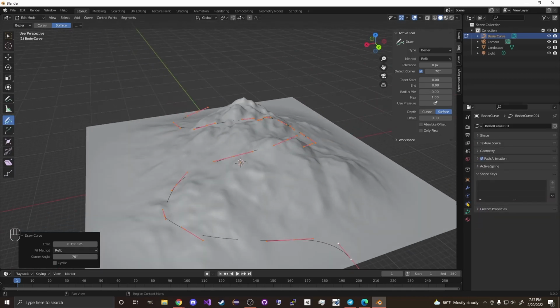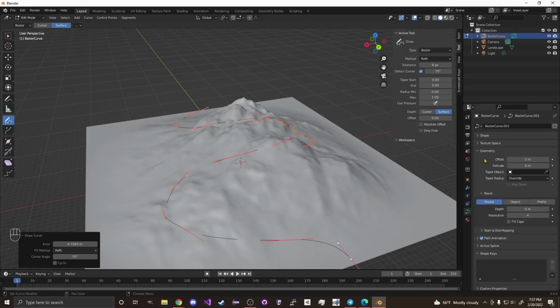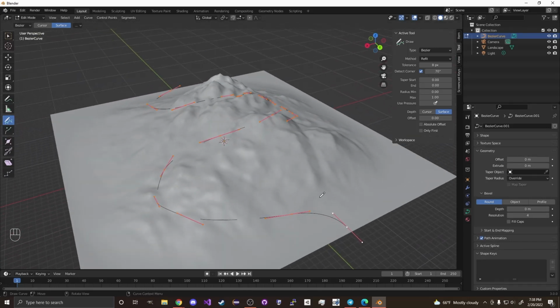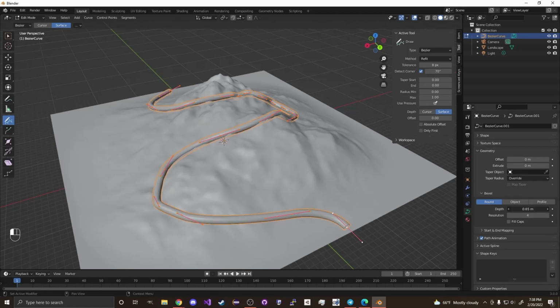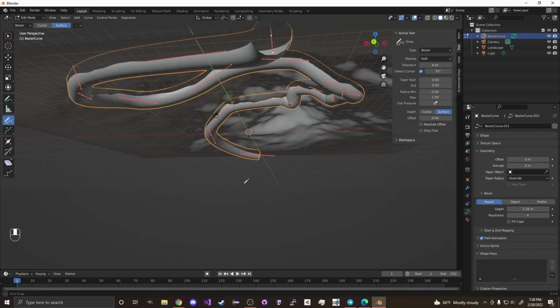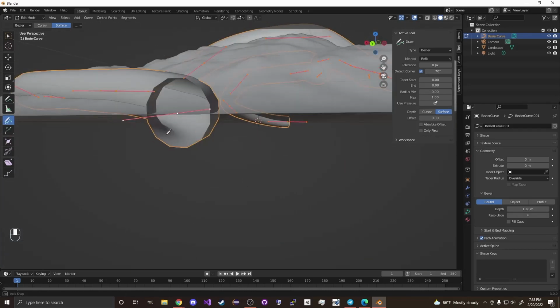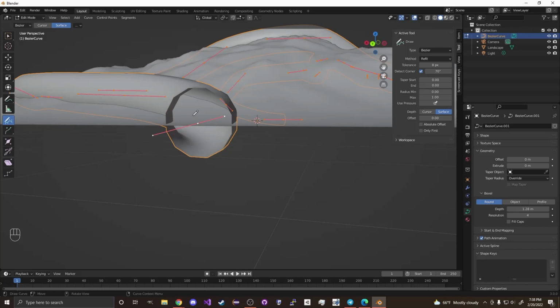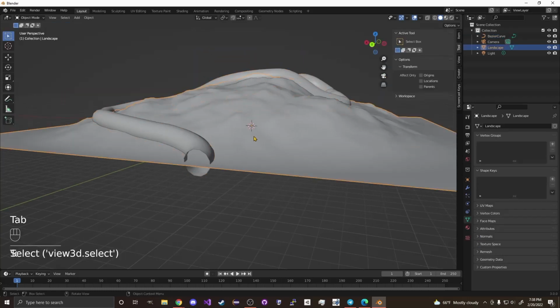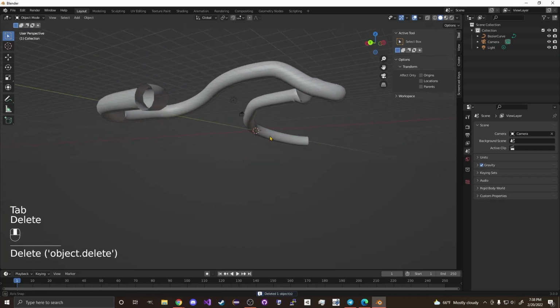Under this tab, right here, Object Data Properties, on the right side, it's the green curve-looking thing. Go to Geometry. Once you've drawn your path, you can go to Geometry, and then increase the depth. This is actually pretty good for tunnels through the landscape, where half of it is submerged under the landscape and half of it is above, or you could even just delete this landscape and just have a tube that